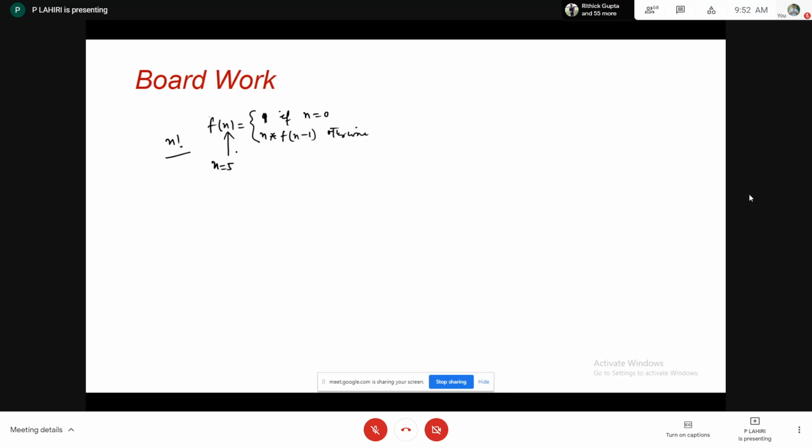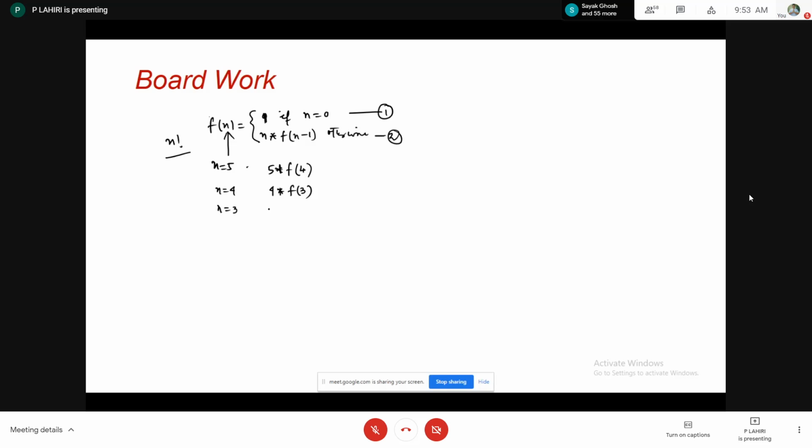can anybody help me to calculate it? In which part should I move on, the first part or the second part? If n equals 5 is being supplied, in which part should I move on? Second part. Very good. So as per the formula, it is 5 into f of 4. Am I right? Yes, sir. What is the next input? The next input n becomes 4. So again, I will come to the else part, and it will be calculated as 4 into f of 3.